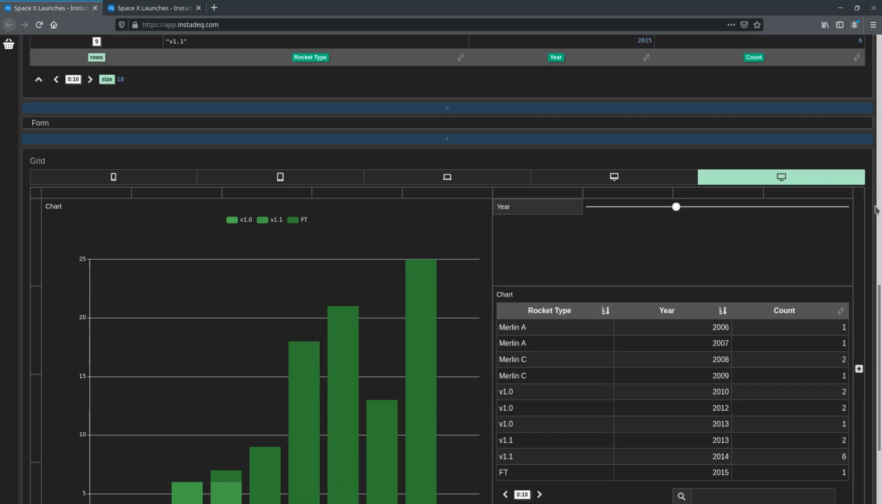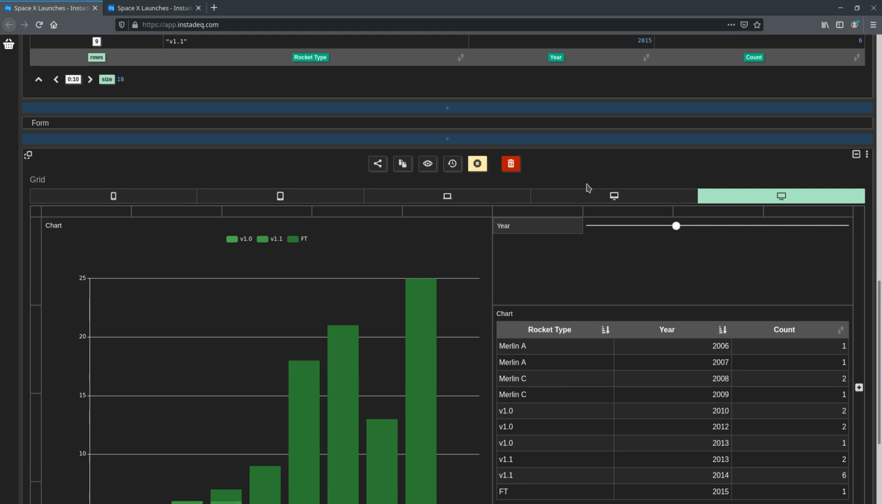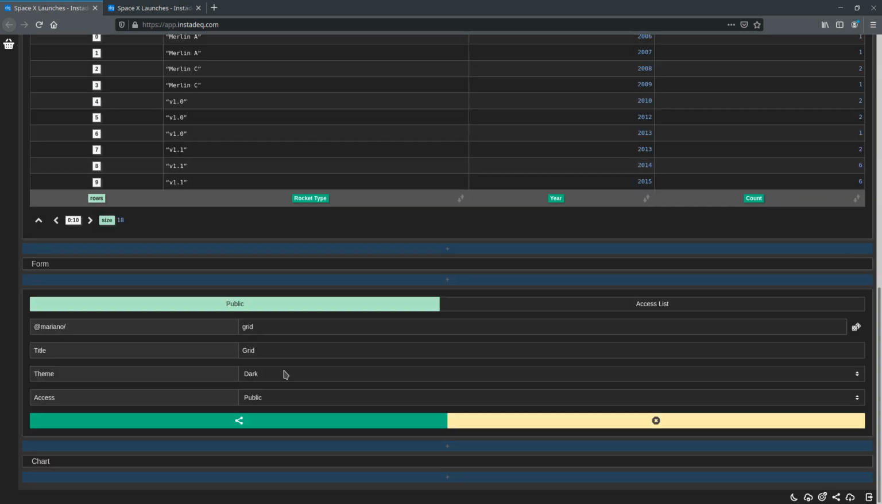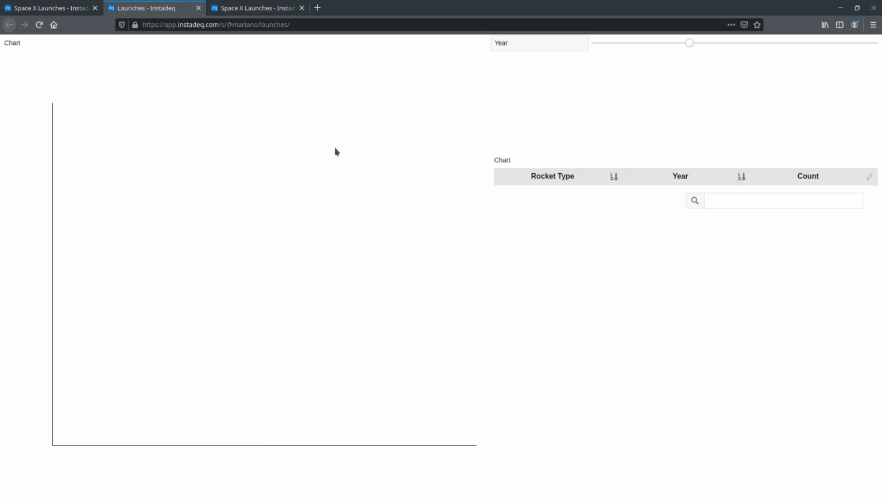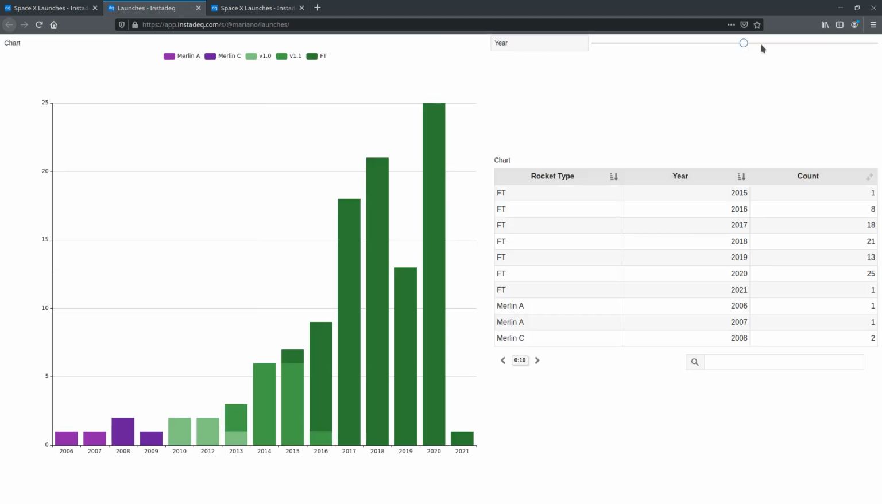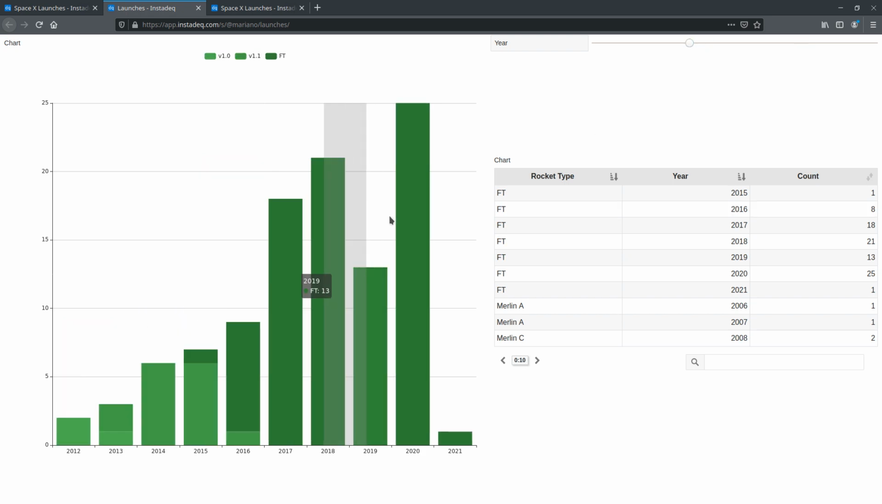Now we can share this, and we can set the name to launches and the title to launches. We can select the light theme if we want and set it to public. And now we have our URL, and when we open it we have our dashboard, and this part reacts, but